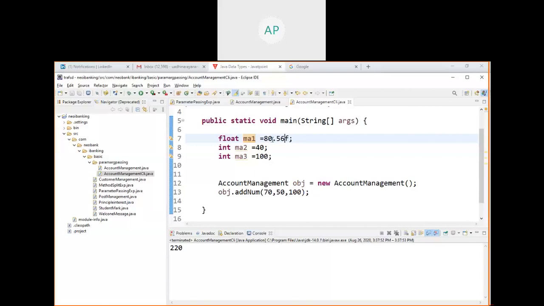So a float number, float value, 80.56 or anything fractional. If you store 40 also it will work, but it will always be treated as 40.0.